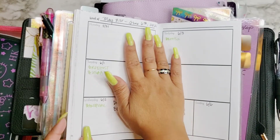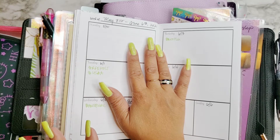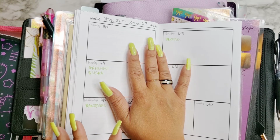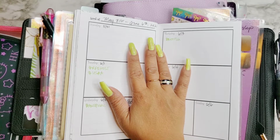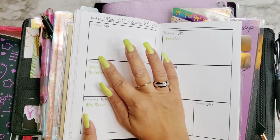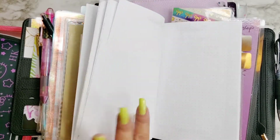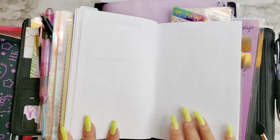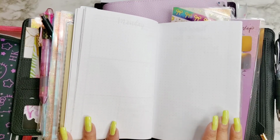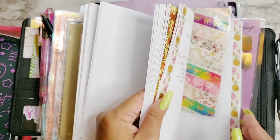And then you get a notebook that essentially has 5 weeks and a day per page for the most part. So I'll show you how it's lined up. So you have 5 weeks total at a glance. Each week is on 2 pages, and it's just horizontal. I'm going to actually create another one similar to this. And then it goes into your dailies. So Monday through Friday has 2 pages per day. Saturday and Sunday has,